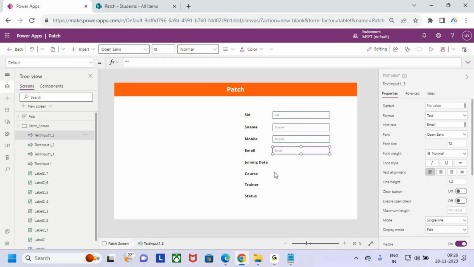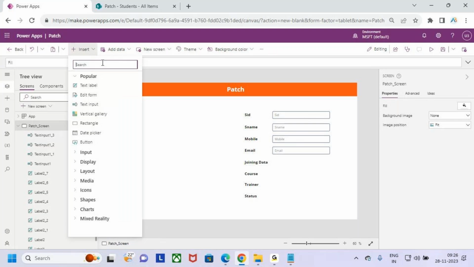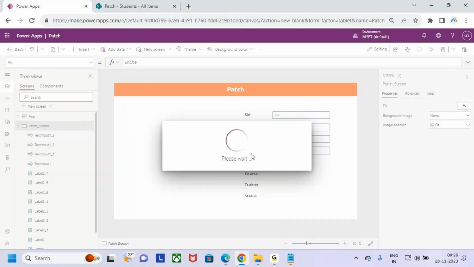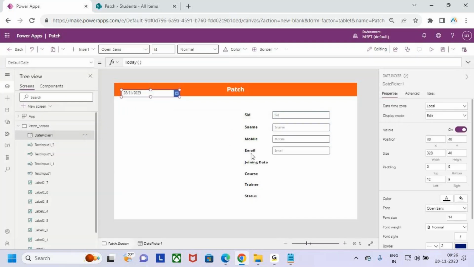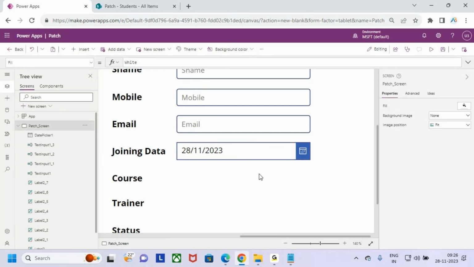Copy, not copy. It is date, right? So I need to go and add one date control. To enter the dates, there is one control called date picker. Just add it here. Go and keep the date control here in place of joining date. Just reduce some size. Fine. Next,